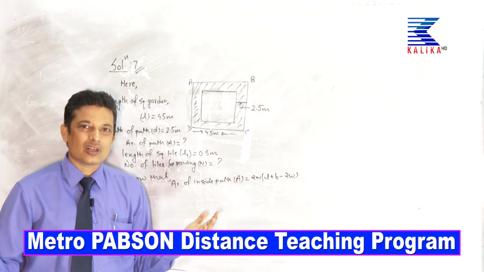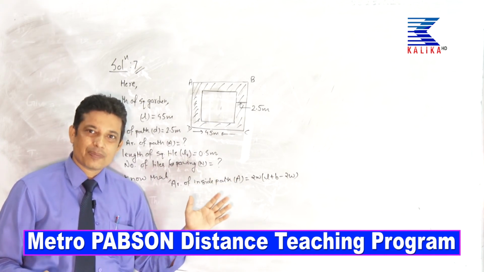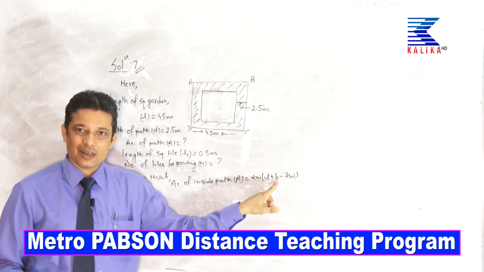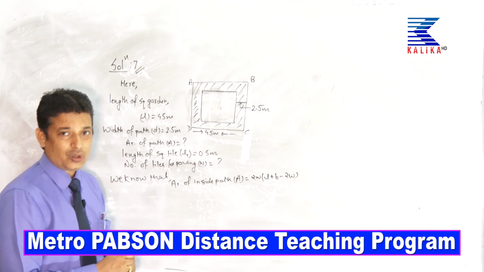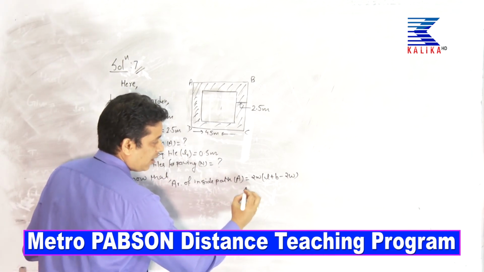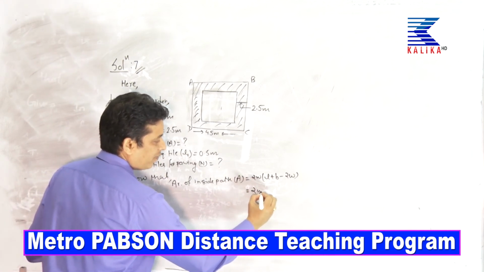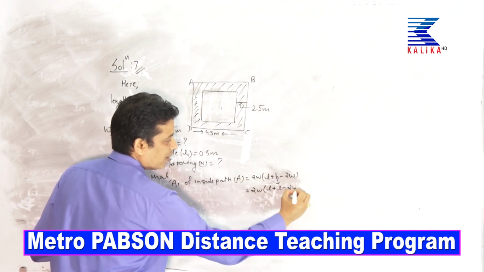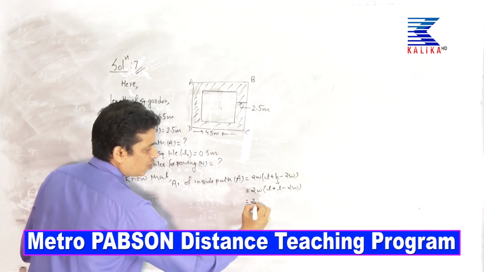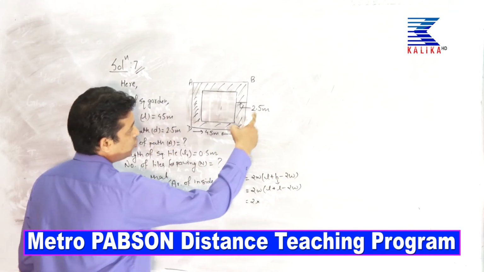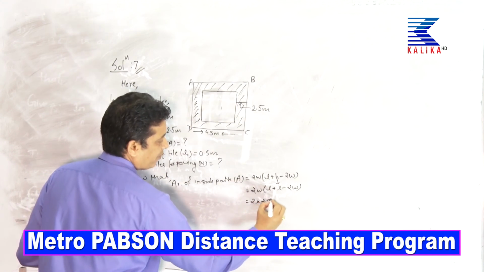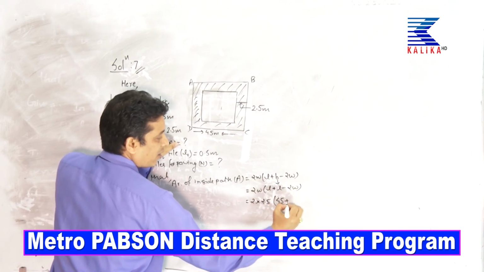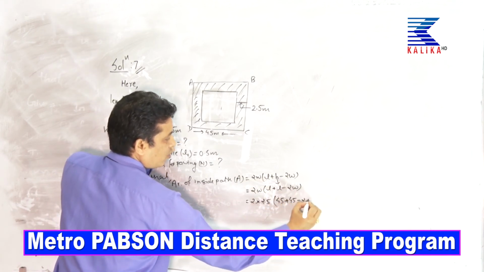No need to remember all the formulas. Simply, if the question is about a square garden, you need to replace breadth B by L, because a square has length equal to breadth. So, let me write the formula again: L plus, in place of B I have again written L, minus 2W. It means 2 times W is 2.5, and L means, dear student, the length of the garden, 45, again 45, minus 2 into